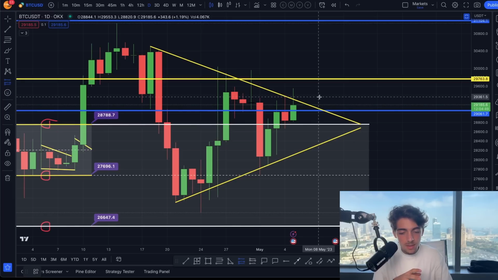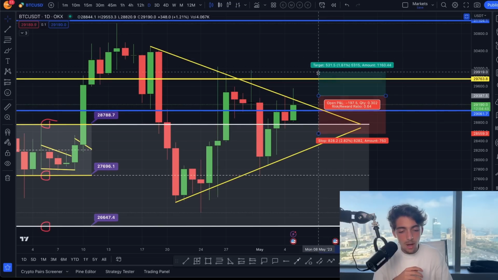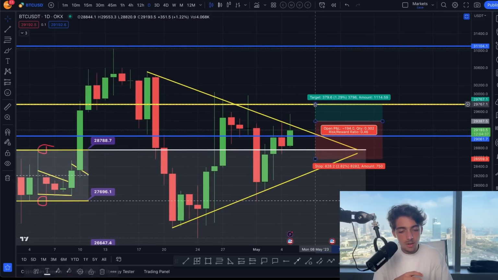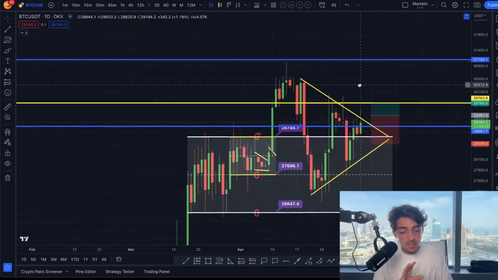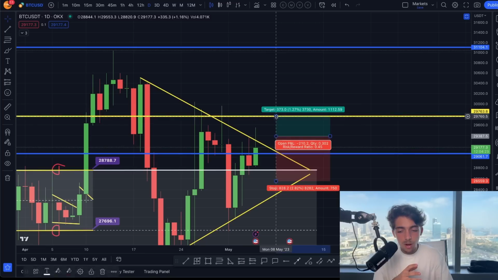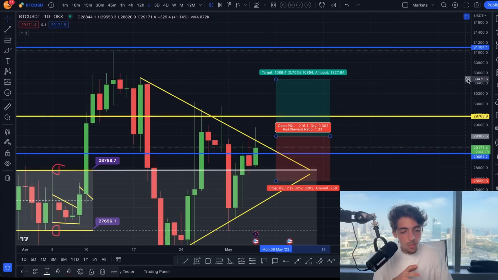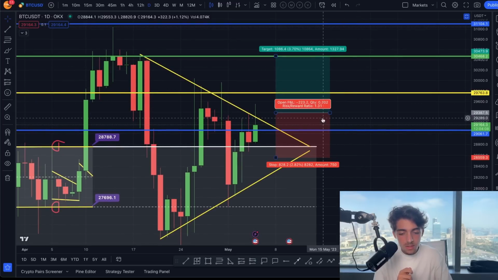I would open it around the break of this previous wick over here at like $29,387. Now, I do want to have a tight stop loss because, of course, I'll have two take profit targets. The first one is at 29.7k because it's a very important level that Bitcoin has been coming to in these previous days and weeks. So it's a nice place to take profit. And then the next level is around this level over here. The $30,400 level is a nice level to take profit at too. So first take profit 29.7, the second one at $30,400,